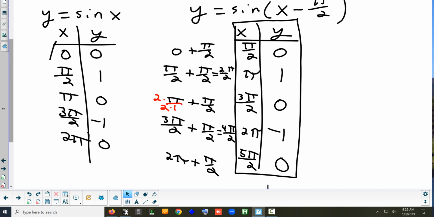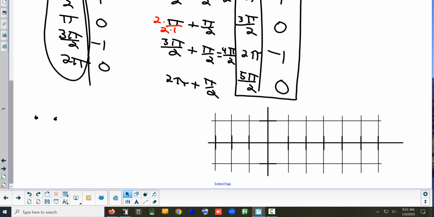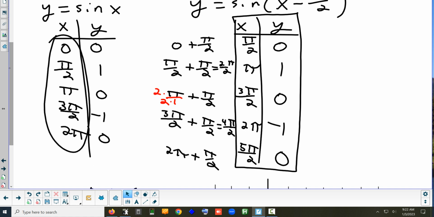When we started, all of these x values were how many degrees apart from each other? Yeah? 90 degrees. They were all 90 degrees. And we took all those points that were all 90 degrees apart, and we shifted them all to the right, just like that. How far apart are they now? Since they all shifted together. Yeah? Still 90. All of these points here are still equally spaced because they came from points that started out equally spaced and